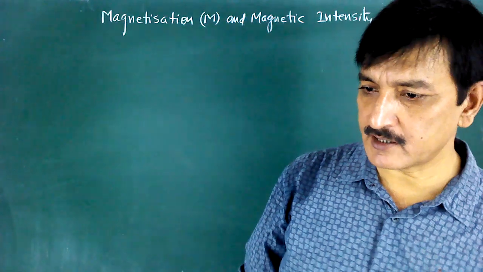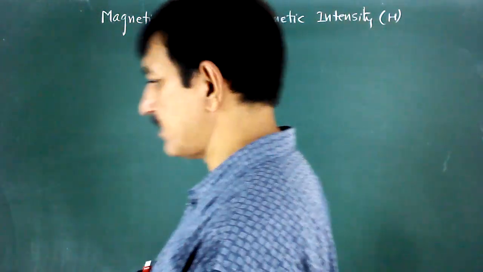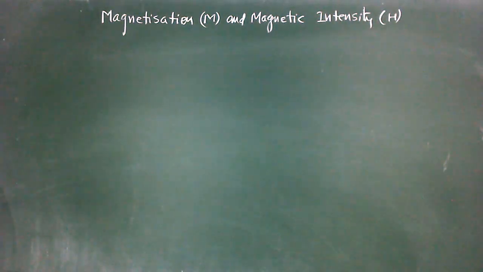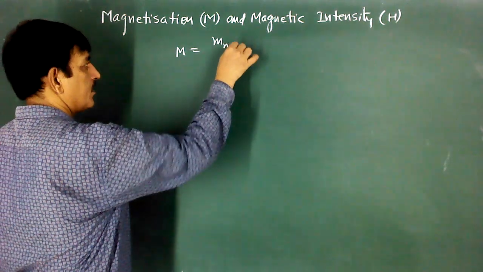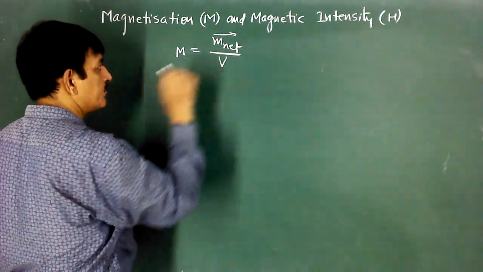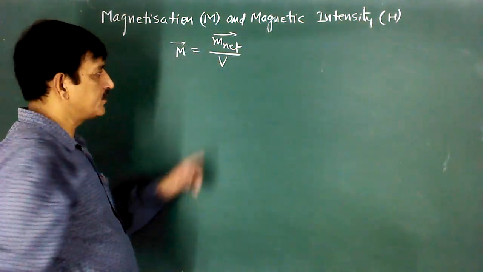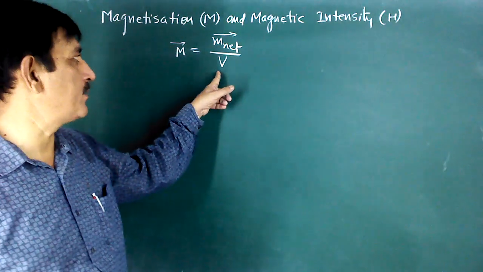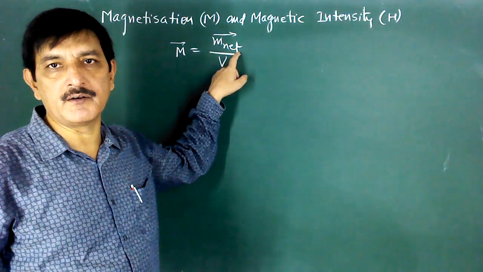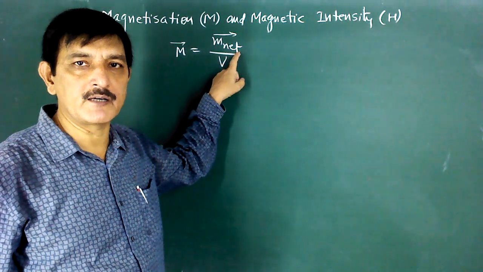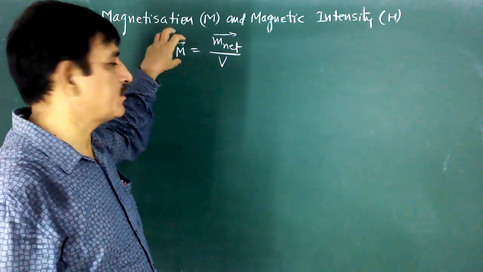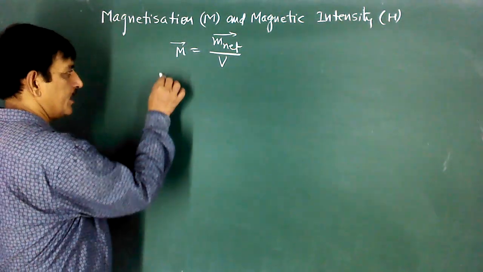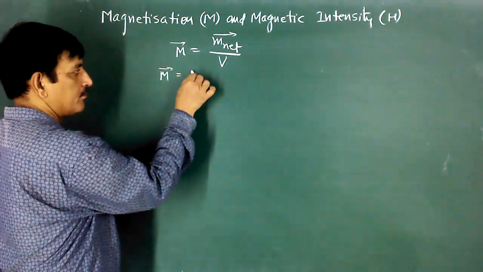So what is magnetization? How can we explain magnetization? Magnetization is net magnetic moment per unit volume. Here V is the volume of the specimen, and M net is the vector sum of all the magnetic moments of all the atoms present in the specimen. So here M is called magnetization,